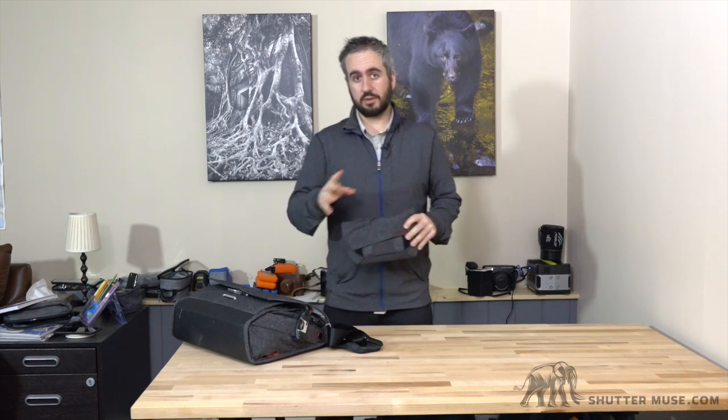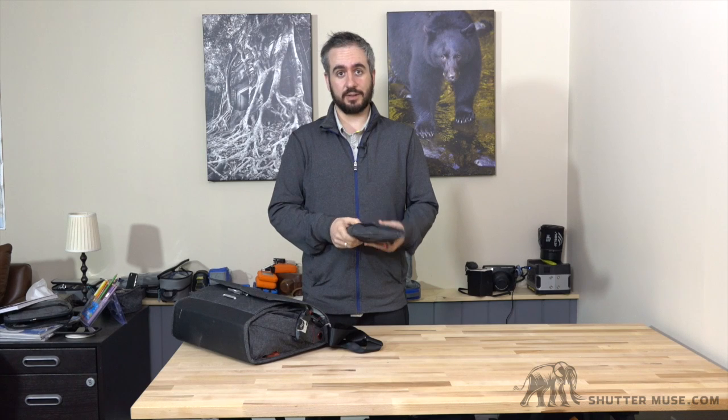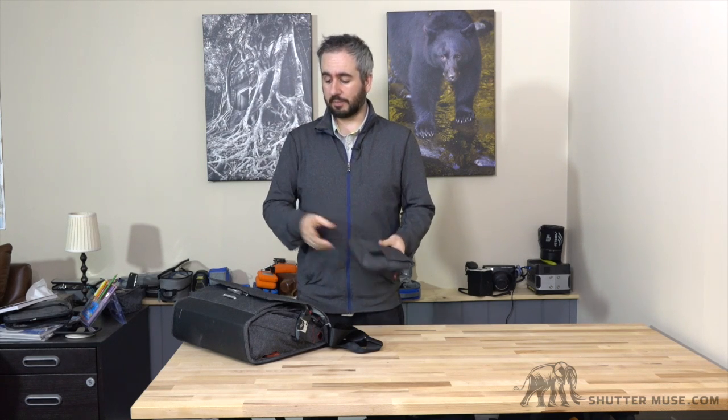But for those that aren't too worried about looking at the separate review, I just want to say that this is a really great little accessory. It costs $40. It's great for tidying up all of the little cables and small things that rattle around our bags. In terms of relating that to the Everyday Messenger bag, I do want to point one thing out though,